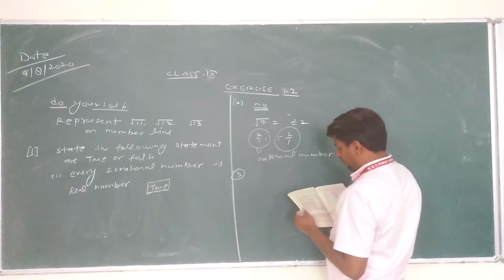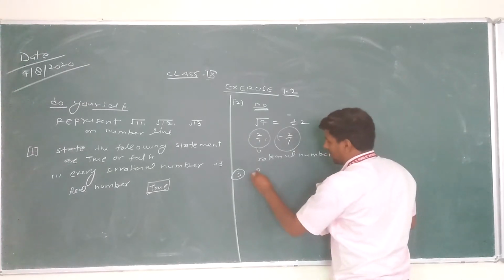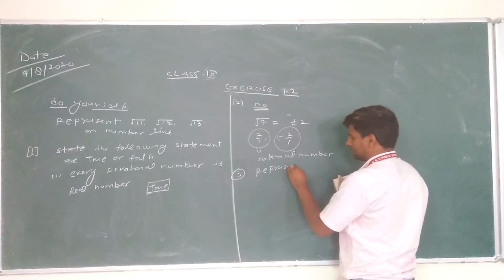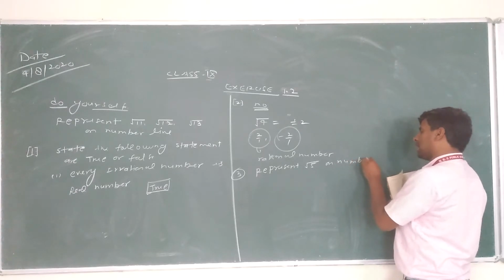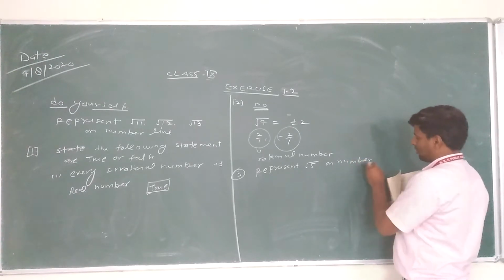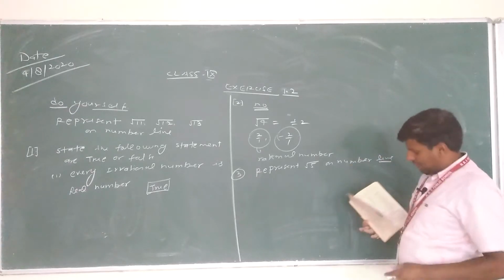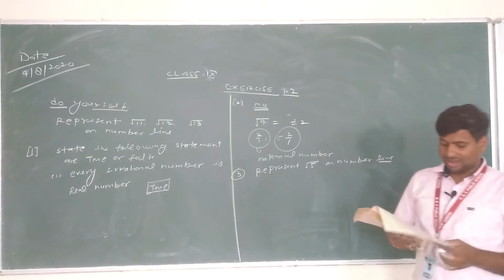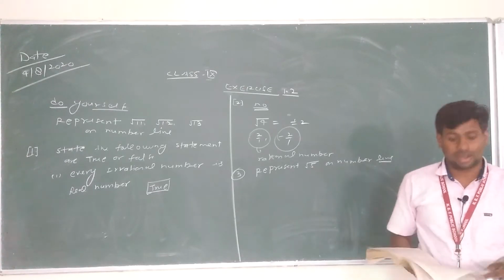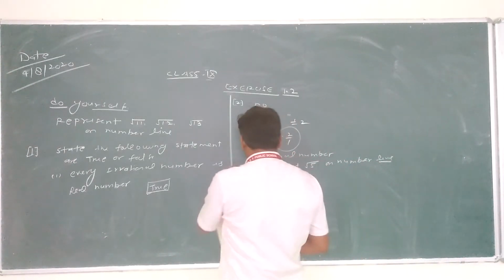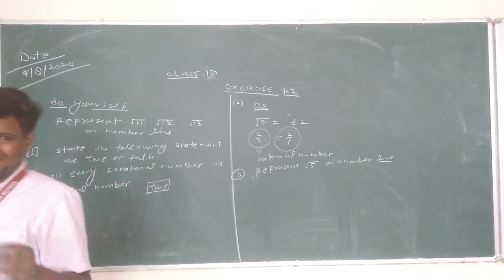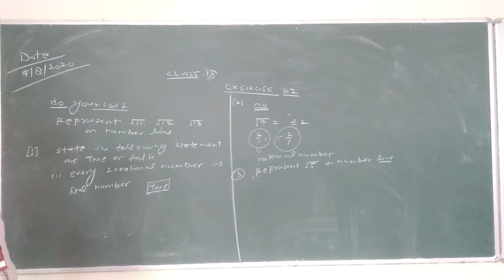That is, we can represent root of 5 on the number line. In the previous day's class we have already shown the representation of root of 5, so there is no need to tell that again. So students of class 9, root of 5, root of 6, root of 7, we can extend from the previous day's class. So in this process, exercise 1.2 is clear.